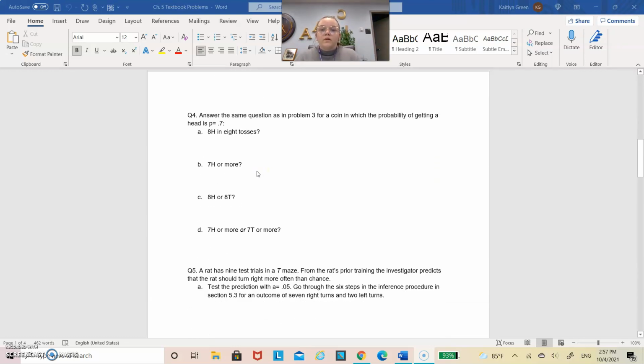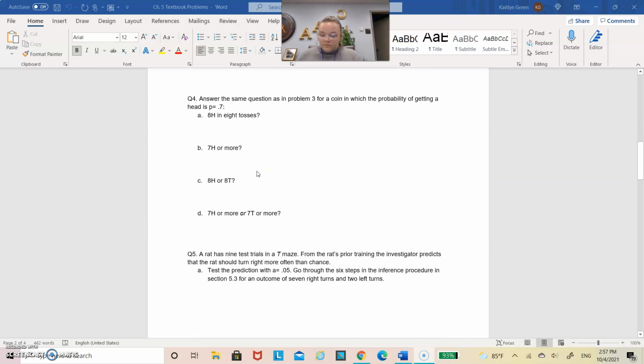Moving on to question 4. It says answer the same questions as in problem 3, except where p is 0.7, so it's not going to be a binomial equation. And so it's the same setup as it was before, except this time, instead of just looking at the coefficients, we actually have to put in the values 0.7 for p and 0.3 for q. And so whenever I did it for A, 8 heads in 8 tosses, I got 1 times 0.7 to the 8th power, which gave us a probability of